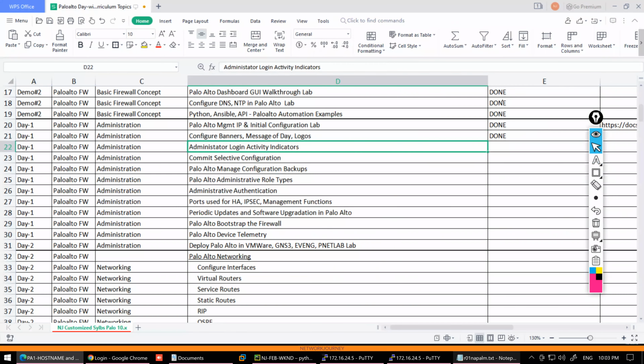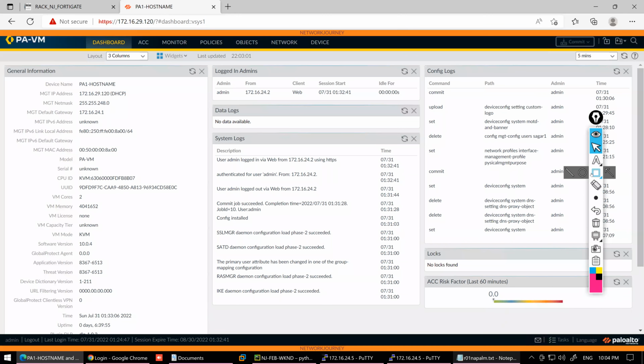Administrator login activity indicator. Now, what is that? That is nothing but what the other administrator is doing on the firewall. If I have to track what the other person applied, or what he is doing, how many failed logins he did, it starts reflecting on this part. But